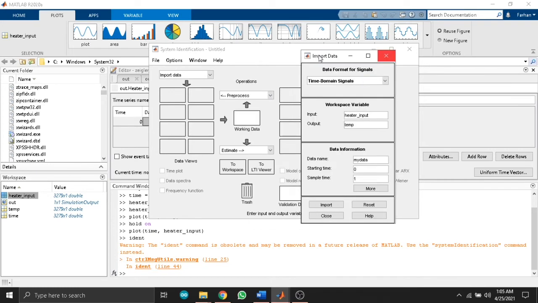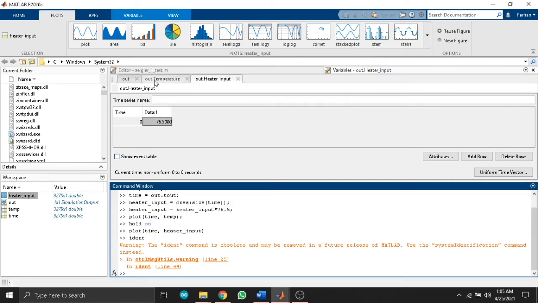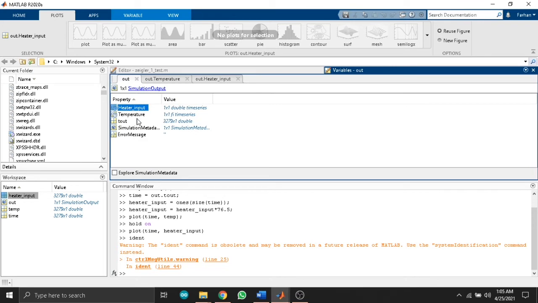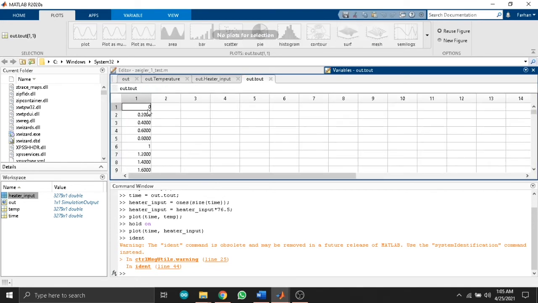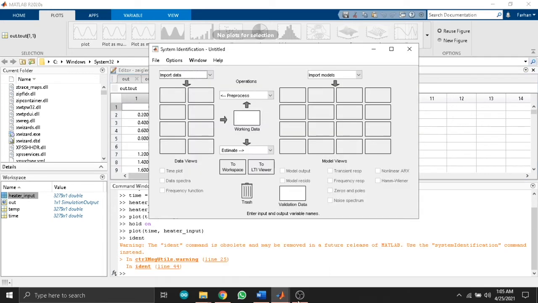To get this value I will go to this output and click on the T out. Here you can see at every 0.2 seconds I update the output of my model. So the sampling time of our model is 0.2. So I will just enter it over here.